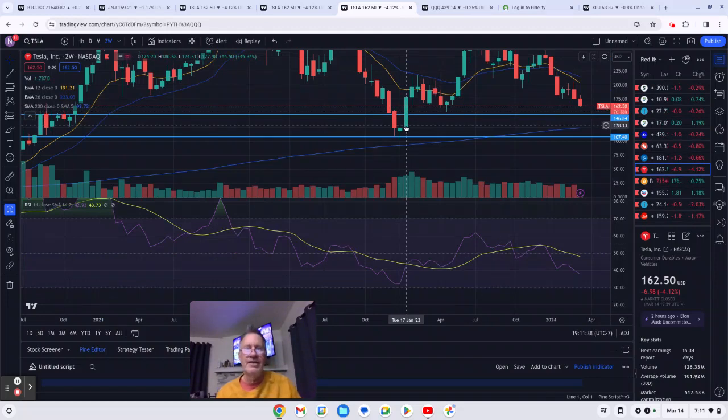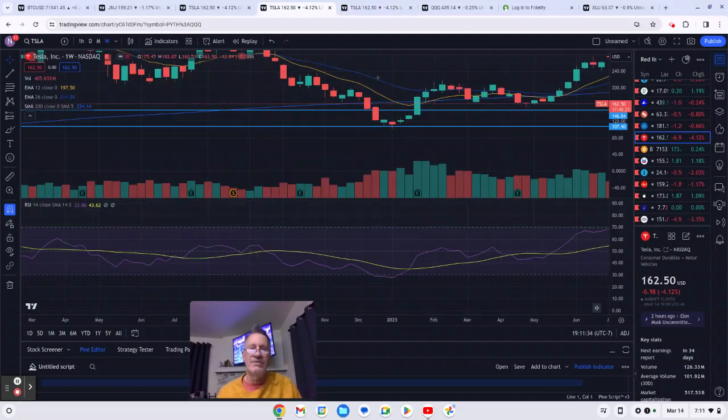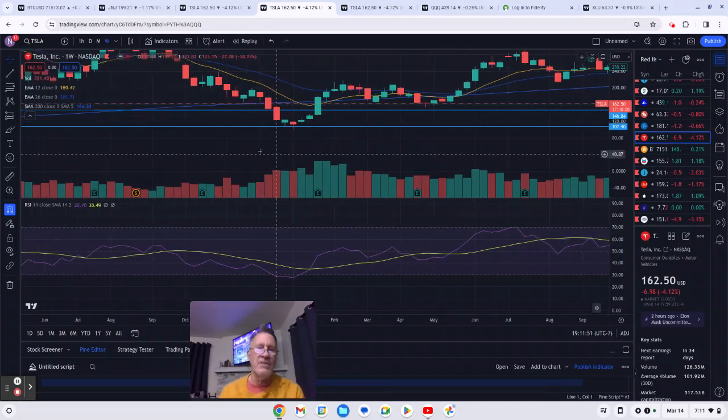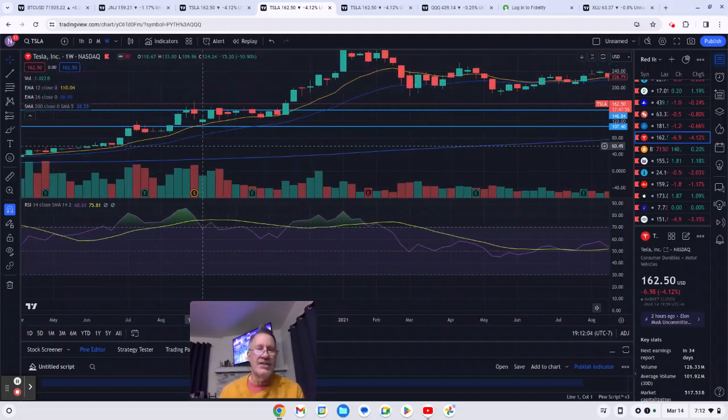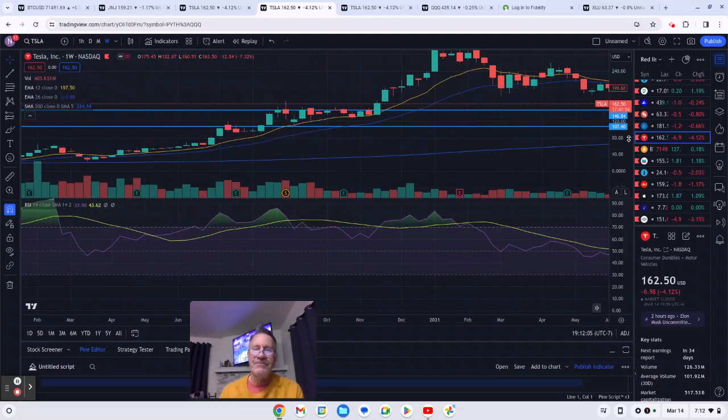So the first week, it was only up to about here. And then the second week, that's when it took off. And that was this candle right there. So that's what I'm hoping will play out, is that we'll have something similar to that once we bottom out, and then we'll have several weeks, maybe more than a month. I'm hoping it'll be more than a month, because then it'll give me more time to analyze the activity,